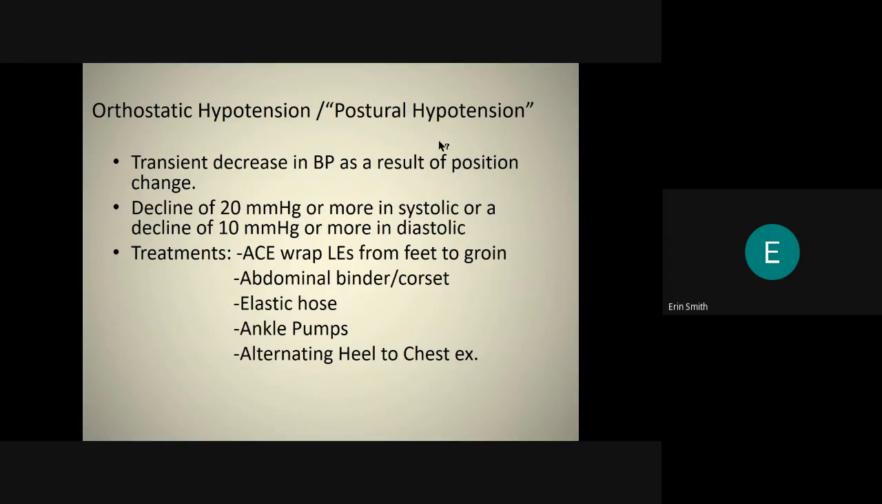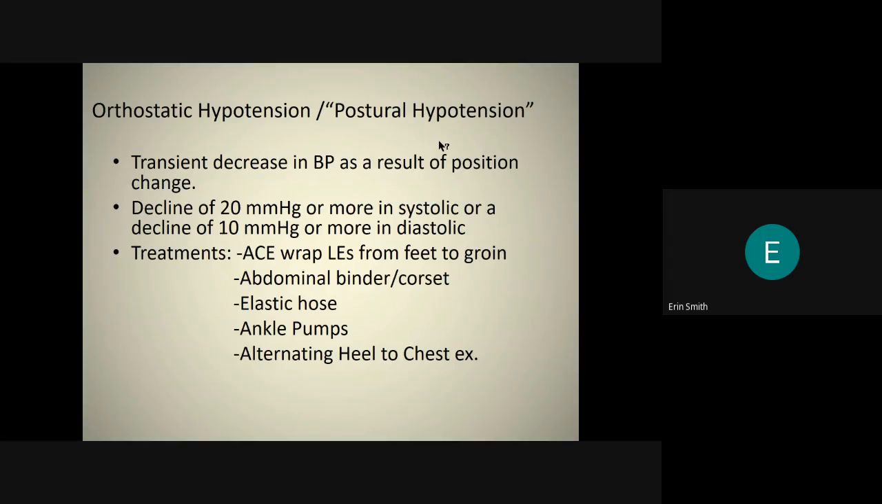And so some treatments that you may see is ACE wrapping the lower extremities to help increase the pressure, help increase the blood pumping through the body. Sometimes you'll see an abdominal binder or corset, elastic hose. Sometimes they're called TED hose. Very, very difficult to get on because they are so elastic. Sometimes just having our patients do ankle pumps, alternating heel to chest exercises can help reduce some of that postural